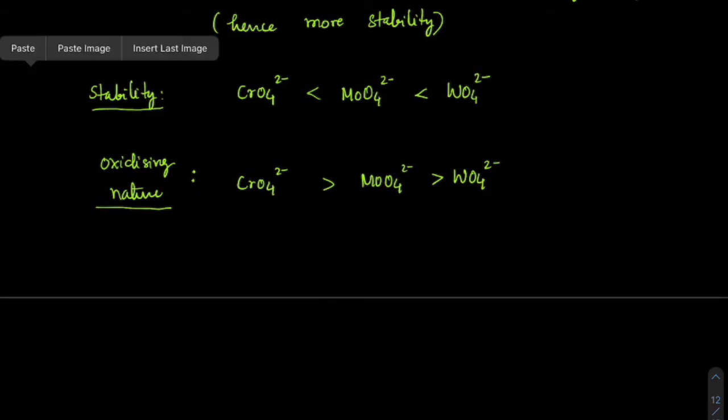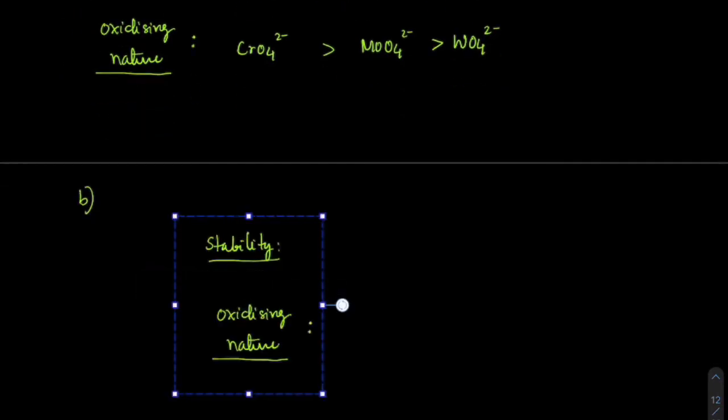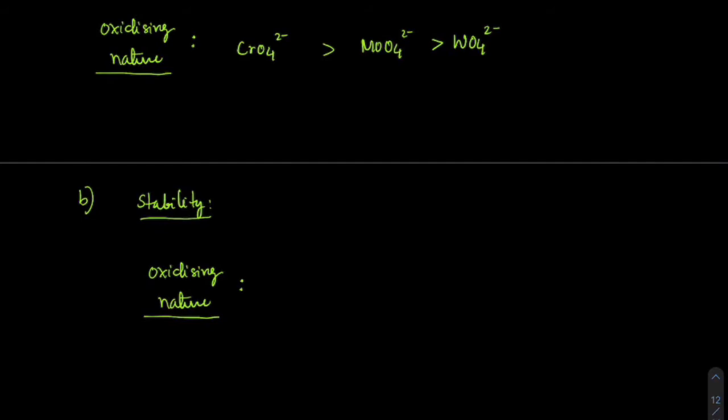Alright, so I'll call this example A, example B. A similar example, what you'll observe, is for manganese also. That is, MnO4 minus will be less stable compared to technetium and rhenium analogues. We're talking about the +7 oxidation state. MnO4 minus in fact is the strongest oxidizing agent. We know that, correct? So this is the reason. I guess this is clear.